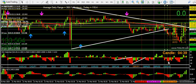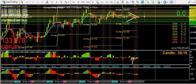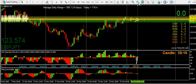Broke that 20 on the 5 minute there. And on my Indy, which I've had for 15 years now, telling me to go short. We'd broken that level now, and this was in a massive downtrend. All the other time frames were concurring with the short trade here, right down to the daily actually,